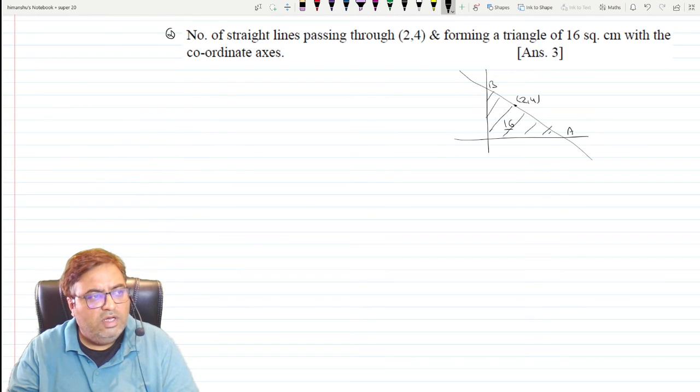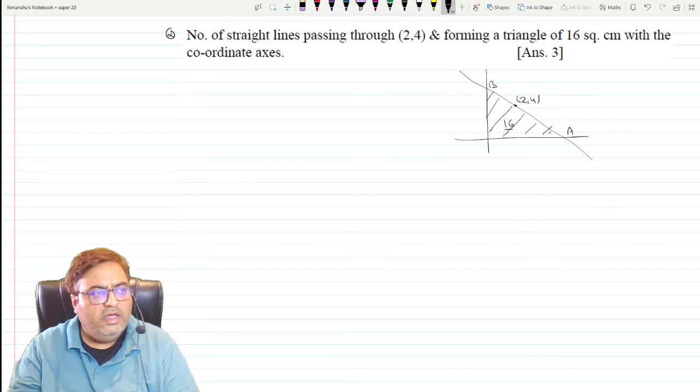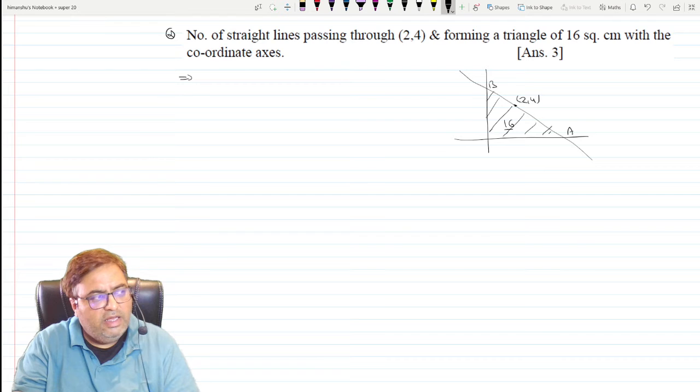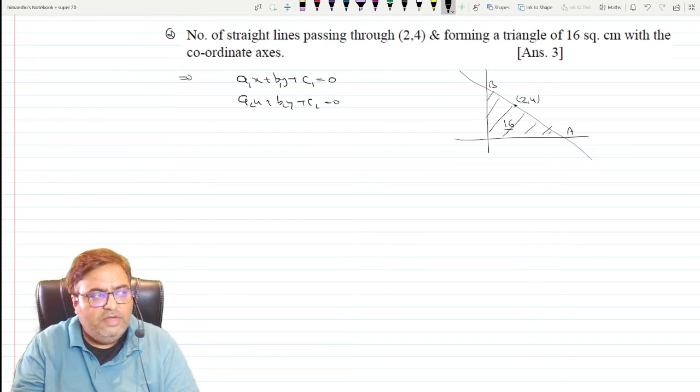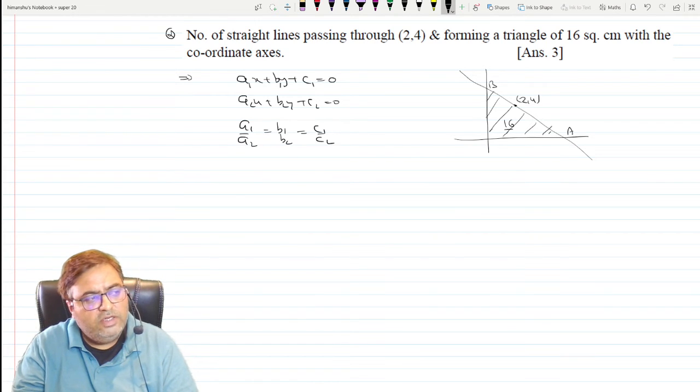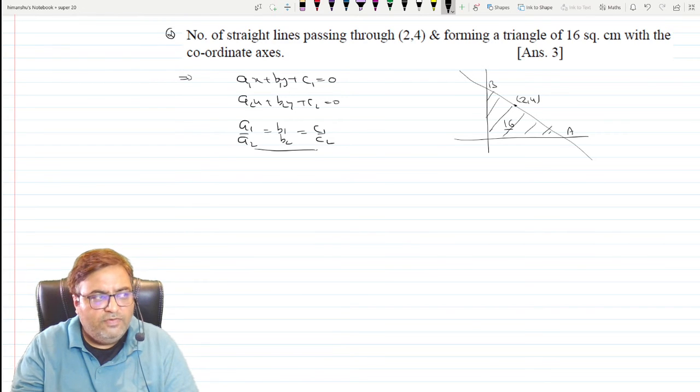इसे करने के लिए हम लोग क्या कर सकते हैं कि लेट्स से हम यहाँ पे सबसे पहले हम लोग क्या बात करेंगे, एक चीज़ जो हम लोग यहाँ पे बात करते हैं वो है कि if the general equation is given a1x plus b1y plus c1 equals 0 and a2x plus b2y plus c2 equals 0. What is the condition for which they will have infinite solution? a1 by a2 is equals to b1 by b2 is equals to c1 by c2. That means the two lines will coincide.